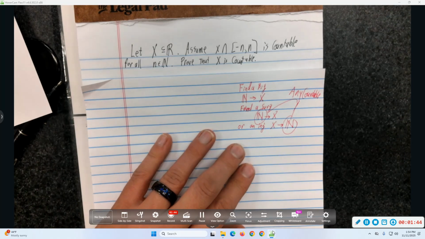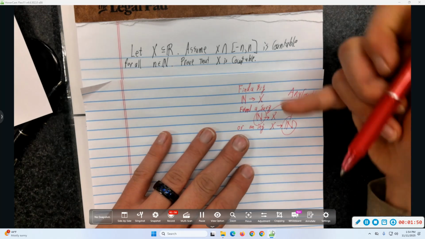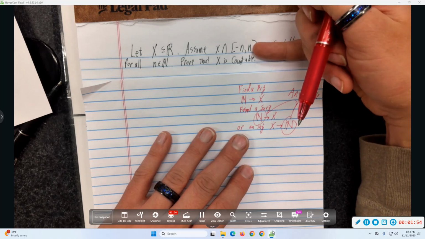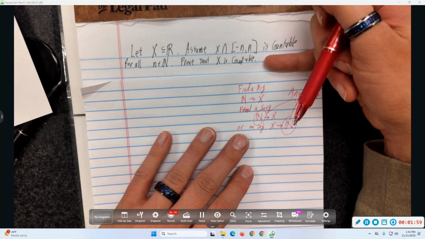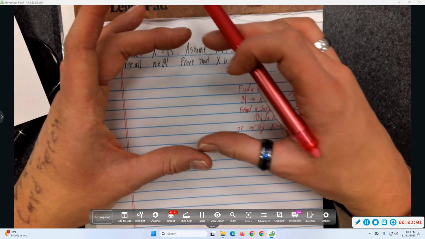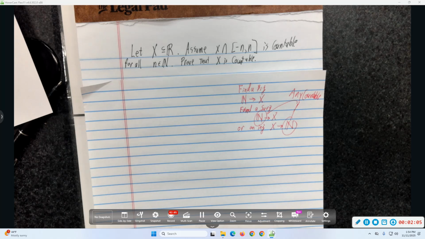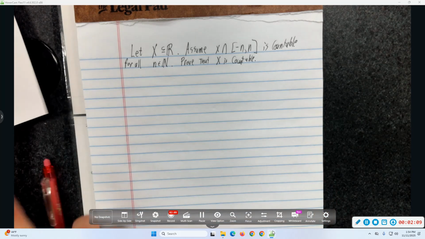Alright, we proved that. But we also proved other things. We proved that if X is a union of a bunch of countable things, then it's countable. But wait. There are only countably many natural numbers. So for each natural number n, this set is countable. If I let the n get really, really big by unioning over all choices of n, well, that'll hit all of X. So let's use that.